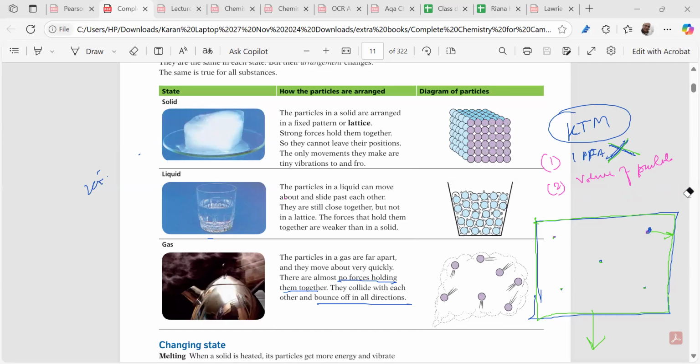So this is called an ideal gas. The ideal gas picture we have drawn, right? What is an ideal gas? An ideal gas is a gas where the interparticular force of attraction is not there, right? The volume of the gas particles is negligible compared to the total volume of the gas. Did you understand the second part? The interparticular forces of attraction are not there. And the total volume of the gas particles is negligible, approximately zero, in comparison to the total volume of the gas. Did you get my point?